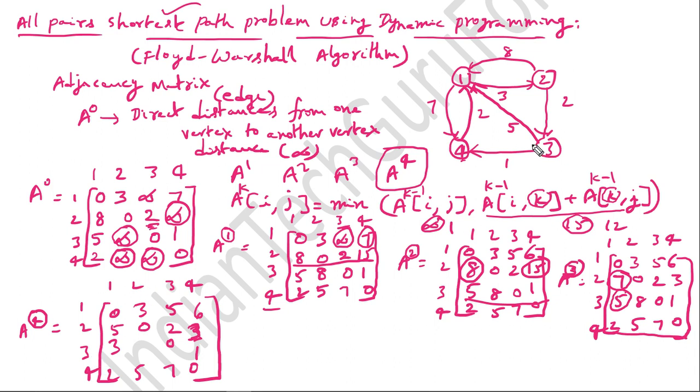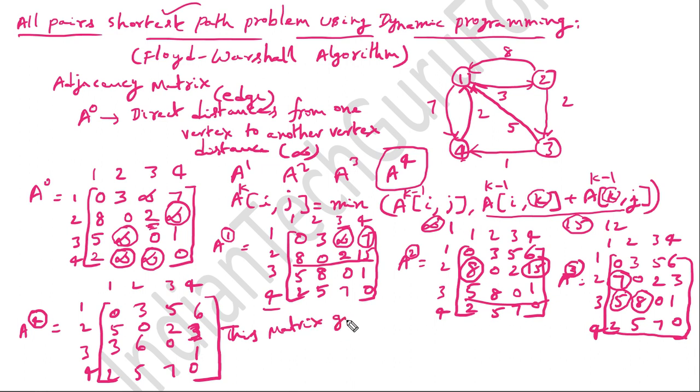Next, 3 to 2. 3 to 2 using intermediate node 4. So 3 to 4, 4 to 1, 1 to 3. Sorry, 1 to 2. So 3 to 1, 1. 1 plus 2, 3. 3 plus 3, 6. Already the value is 8. Now replace 8 with 6. So with this, we have successfully completed A power 4. So A power 4 gives this